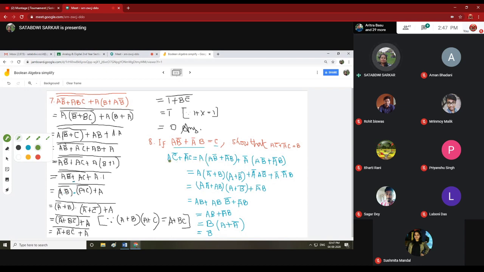So A C bar, that means this term, A B bar plus A bar B, this is C, and this is A bar C. Here one complement sign should be used, because A C bar and A bar C. From this, A bar plus A B bar, if it is complemented,